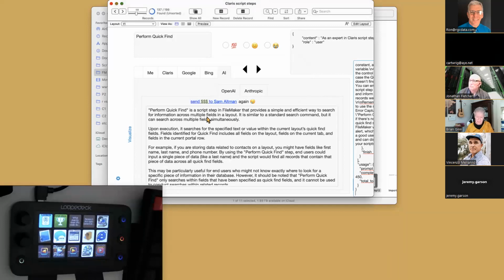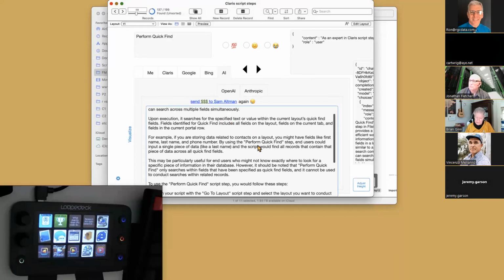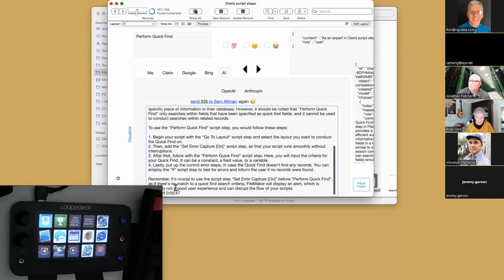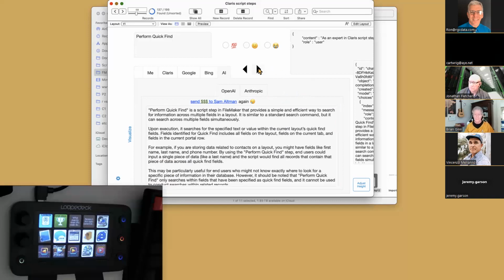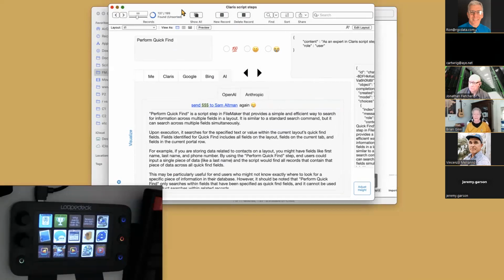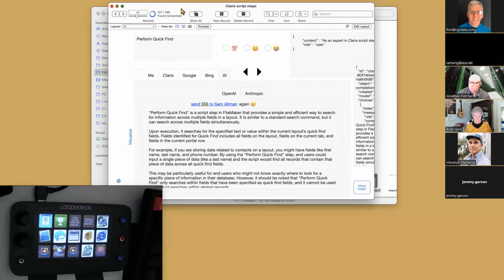There it is. Okay. So it puts it in here, and then I have it also time how long it takes. Wow, that is literally the longest it's ever taken, 47 seconds. All right, so now I have another resource for this database, and I have one for script steps, one for functions. And it did help me study for the exam.